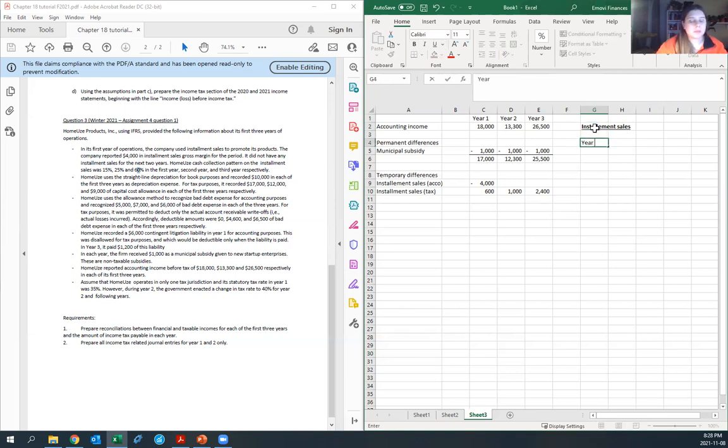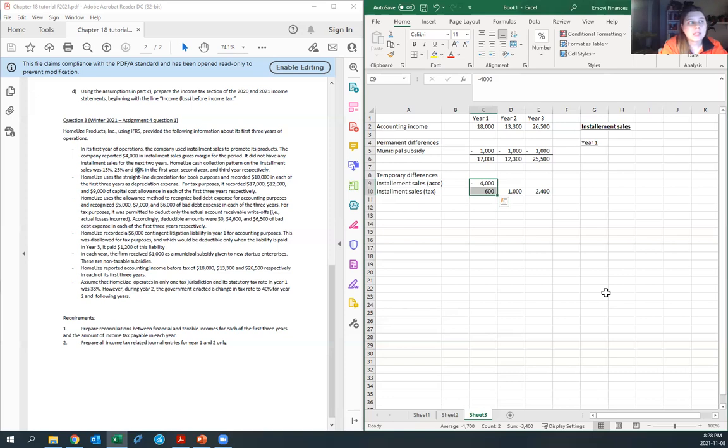For year 1, what's your journal entry? You have to look first, well, is it going to be a deferred tax asset or liability? Here, if we look, we removed the $4,000 and we added back $6,000. So what happened in year 1 is that your